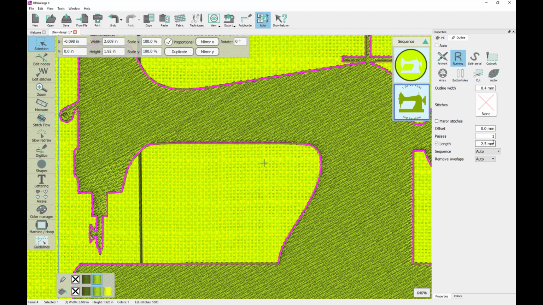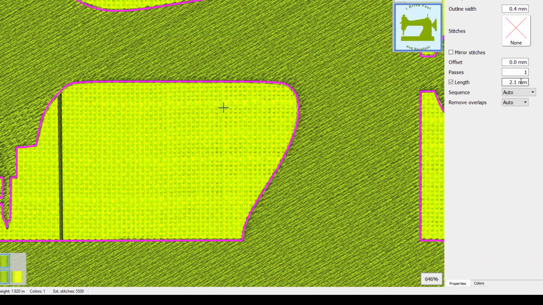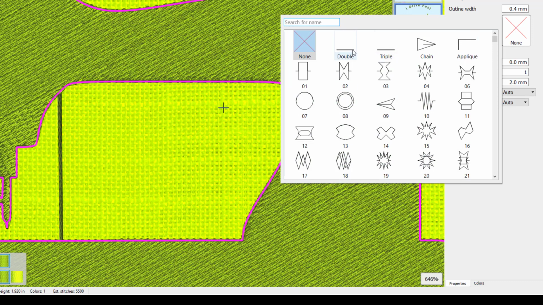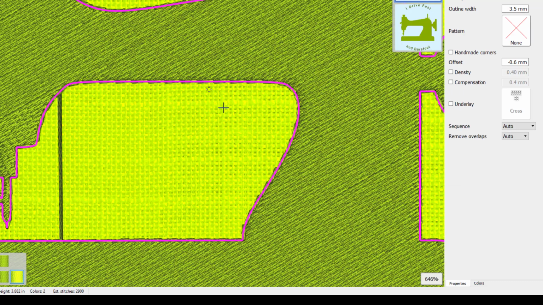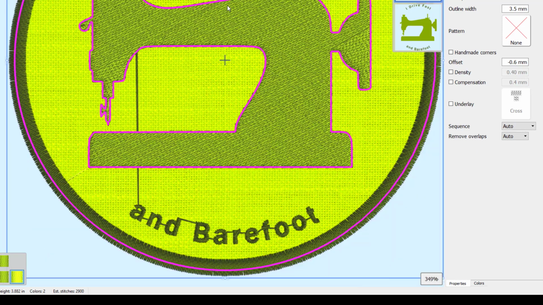I can change the length of that running stitch to 2.0, right? And I can also change the type of stitch it is. So right now it's just doing a single stitch outline around the object. If I select on stitches here and choose double, it will create a beautiful, let me zoom out of here,